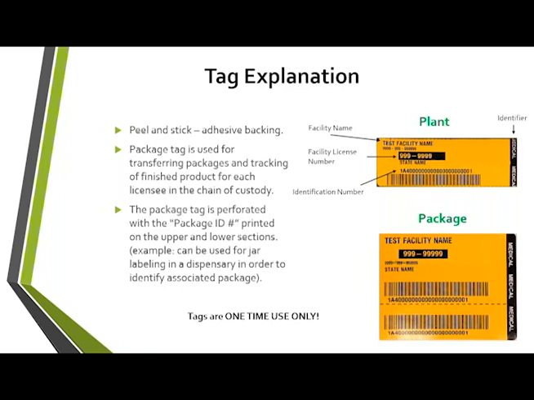And that is actually trimodal, because you have it written out, you have a barcode, and then you also have the RFID chip that is engraved with that information as well. It's also perforated at the bottom here, so it's got peel and stick backing and a perforated bottom part. Peel and stick backing, if you want to put that on a package of some sort. Peel and stick, we see that used a lot on the sales floor to match it up with the package you have in the back. The key is that whatever you do with the top part, that is technically the part that you absolutely need to have on the package, as that has all the information and the RFID.